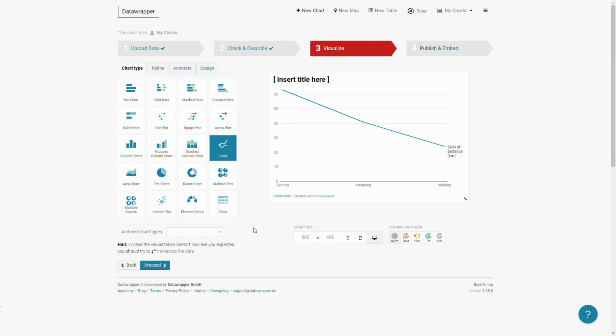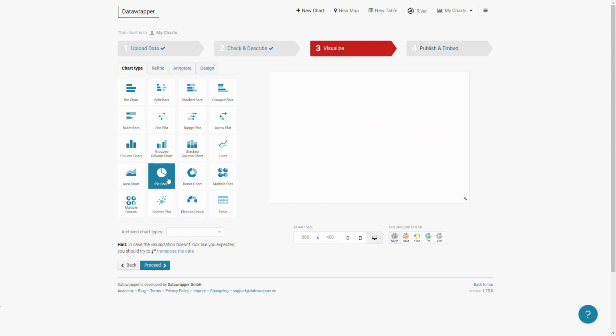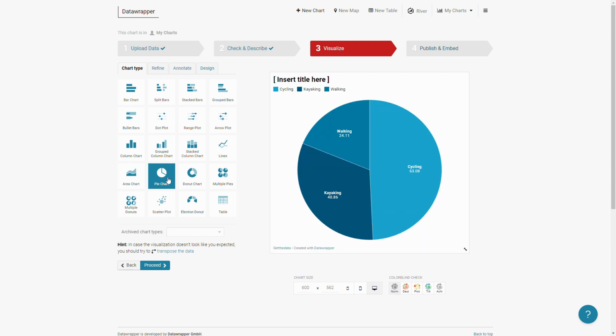In my case, I want to show the total distance I did cycling, kayaking, walking back in August, and I want to show how much of that was cycling, kayaking, or walking. So a pie chart sounds about right. So I'll click on it, and the system will generate a pie chart. I can then customize it. So I will click on refine,